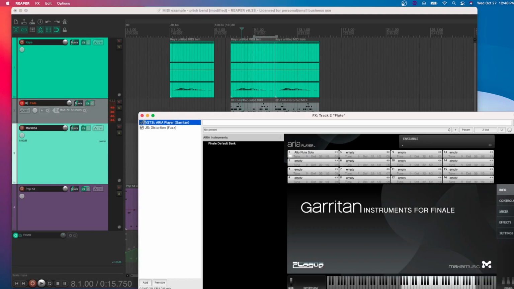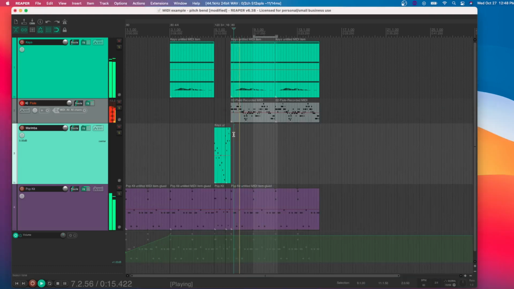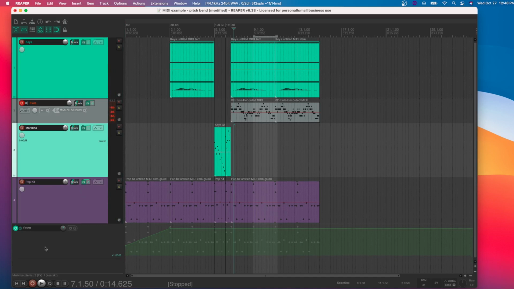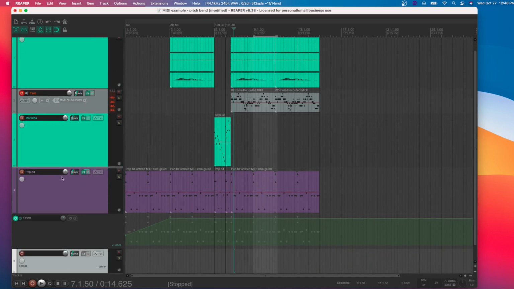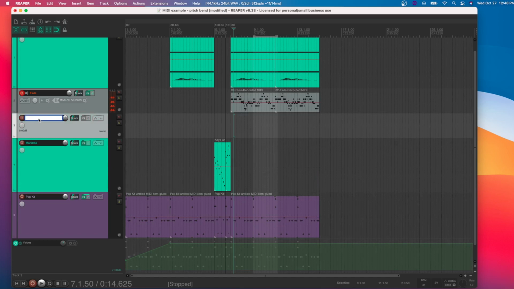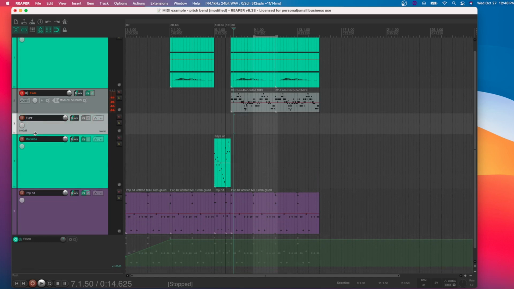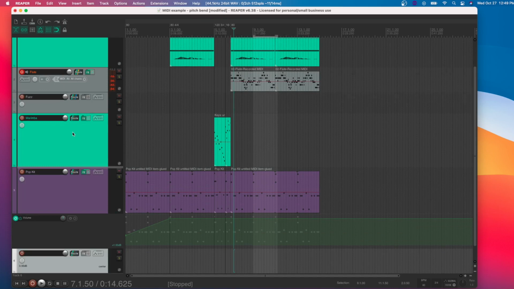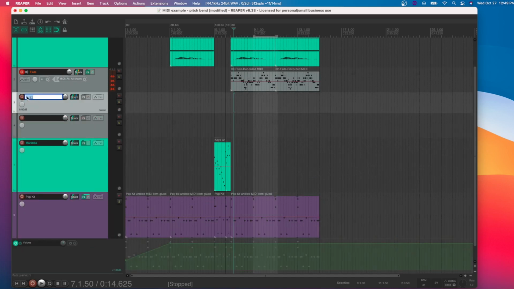So for example, if I go here and take this and cut it, I now no longer have an effect here. So this is just plain flute. But what I could do is add an additional track over here and put it maybe right underneath, and I could call it Fuzz. And I can now send sound from the flute to this track, which right now doesn't have anything in it, right? So the sound is coming through here, and now I can do what I did before in previous videos, where I can have a clean version of it. So I just say flute fuzz, and I can say here flute